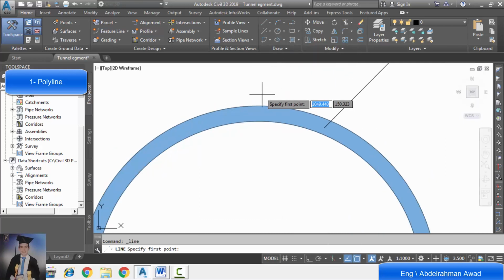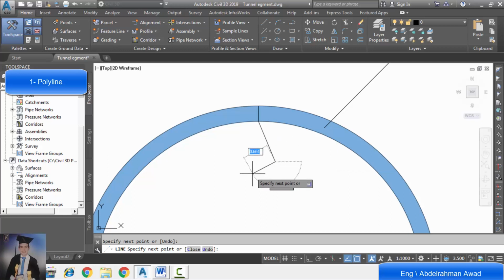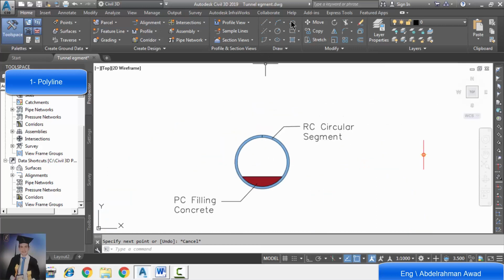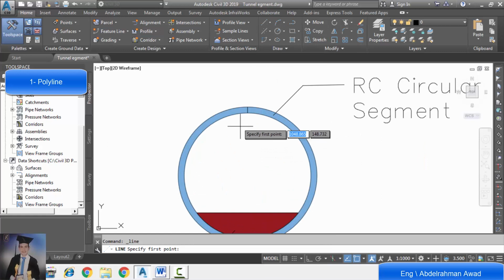We will divide the top circle from the top quadrant to the bottom quadrant for the top part. We divided the top part.